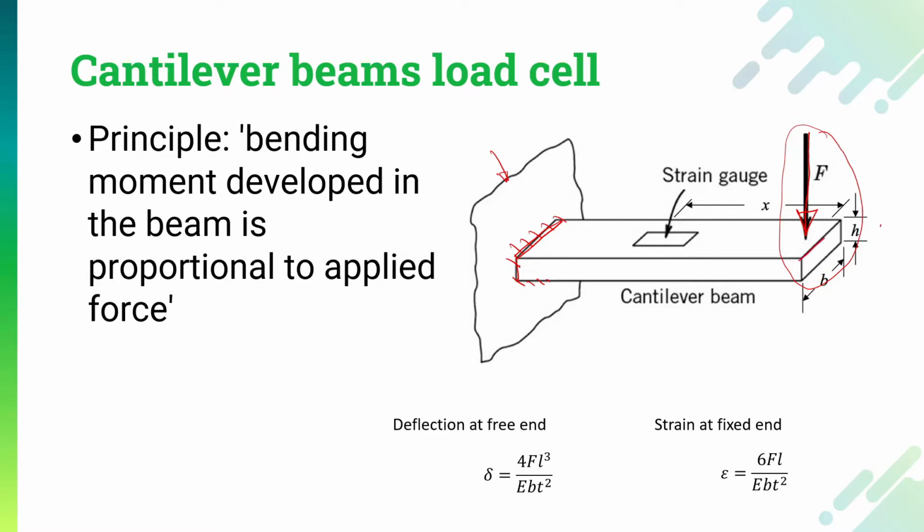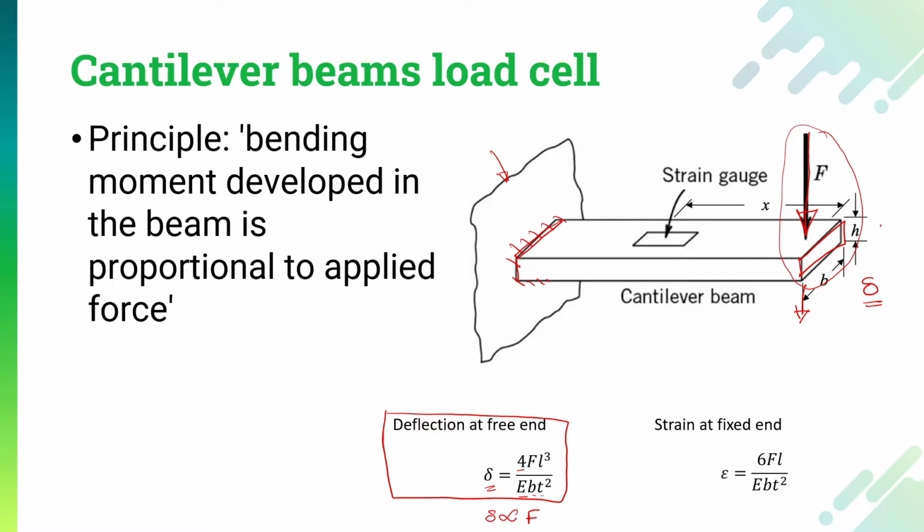That means this free end will move in a downward direction as I have applied force in a downward direction. So I can say this is the deflection delta. For this deflection, I know how much value will be there because I know that this deflection is directly proportional to the force, and the deflection at the free end is given by this specific equation, which says that delta is equal to 4FL cube divided by EBT square,